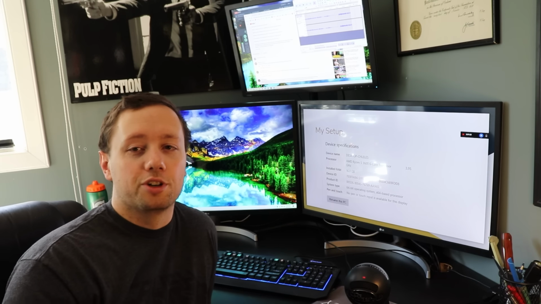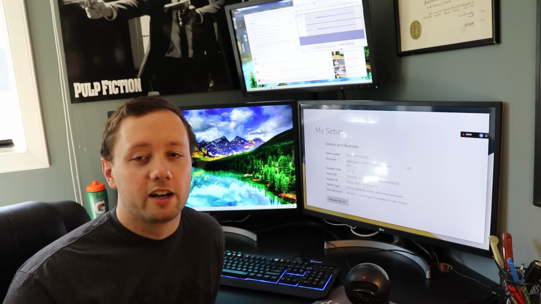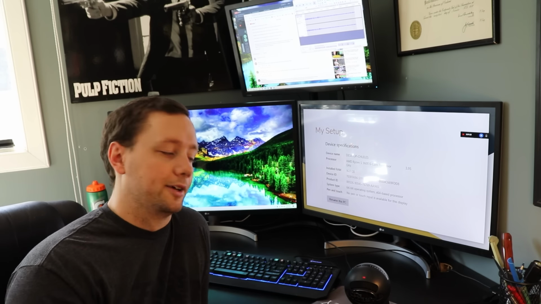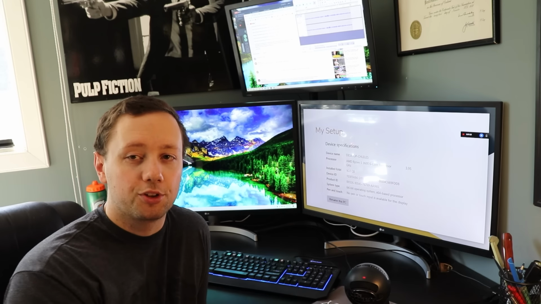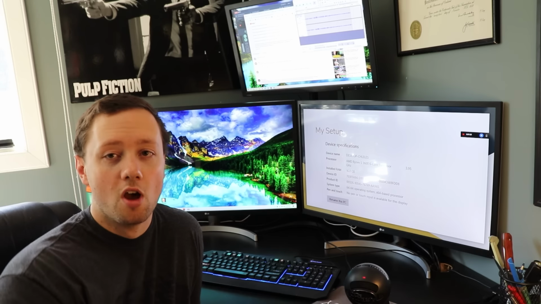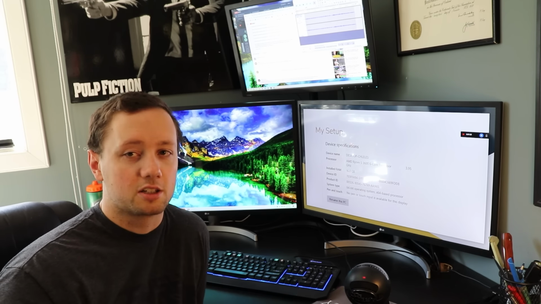I've got 2 large 32-inch monitors here. Now, they're basically the cheapest 32-inch monitors that I could find. They were about $200 at Best Buy. I also have a keyboard that I bought from Walmart, a mouse that I bought from Amazon, and I built the computer myself for about $1,000. So not an expensive setup at all, especially when I'm doing videos, I'm doing stocks, I'm doing so much on